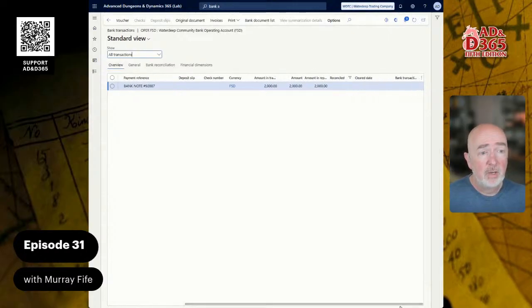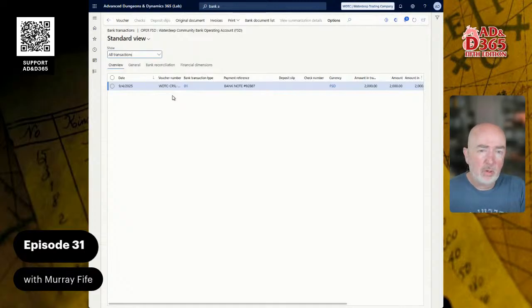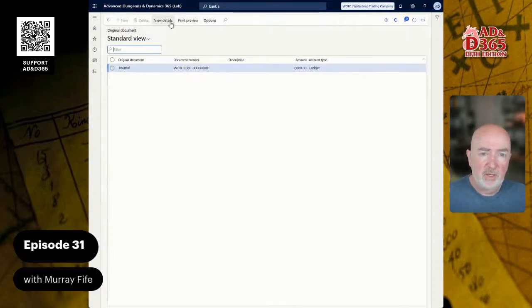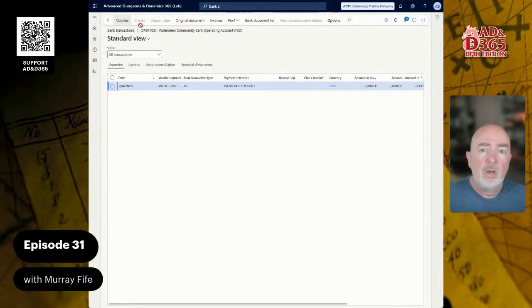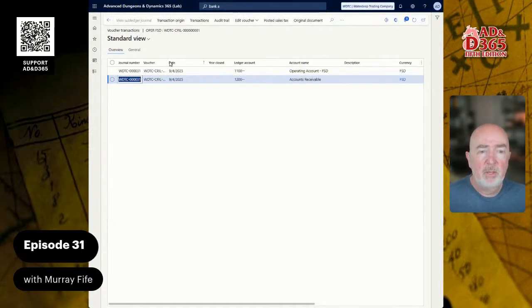So now we've got that receipt being recorded, that then we can go back and perform the cash management, like bank reconciliation, and we can mark these off as receipts that have been received. So what we can do is verify this cash receipt. Also, if we wanted to, we can go and look at the original document that's here, so we can see the details of this journal, and this is actually the customer payment, so we're moving all the way back. And then also we can look at the voucher directly from here,